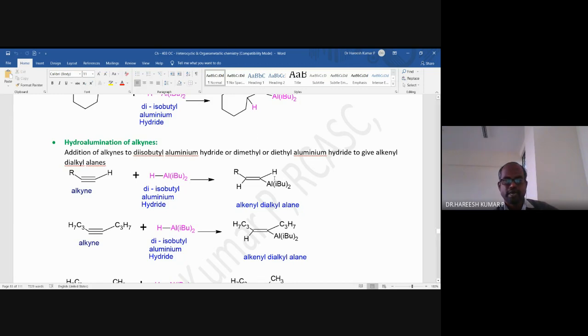I will continue with the remaining part of the organoaluminium compounds in the next class. If you have any doubts up to this,